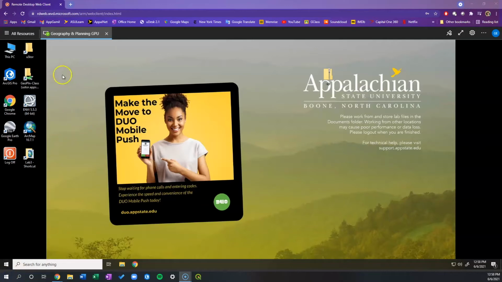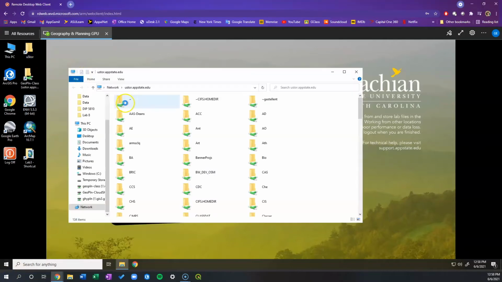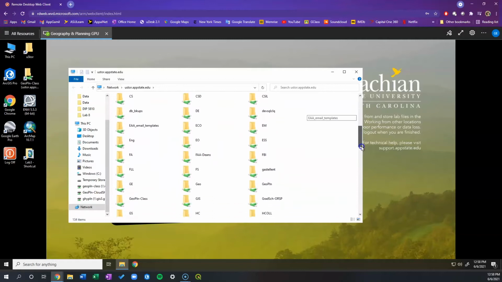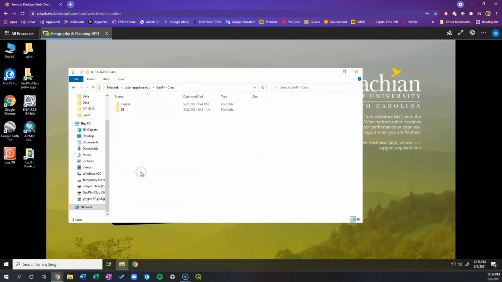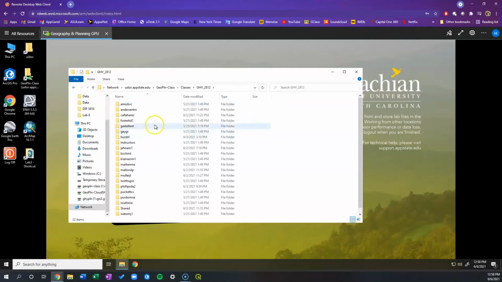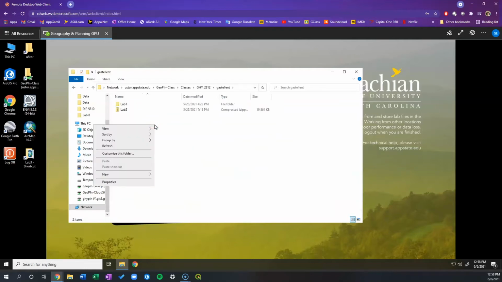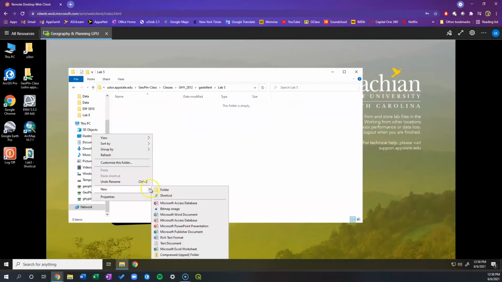Once you're into Udesk, we're going to come up to this uStore folder, and if you've been backing up your files, this should look familiar. We want to come down to a folder called Geo Plan Class, navigate to classes, and the classes you are in for the semester will be listed here, and then find your username, and we have to create a new folder. So we are going to name this Lab 5,